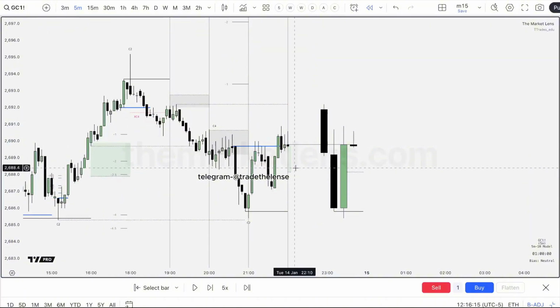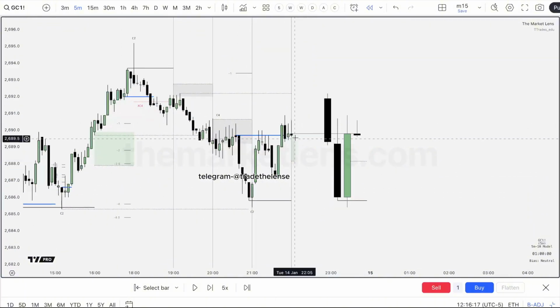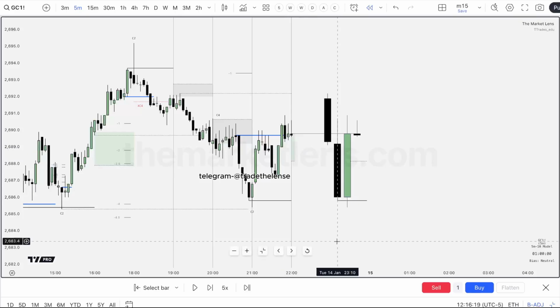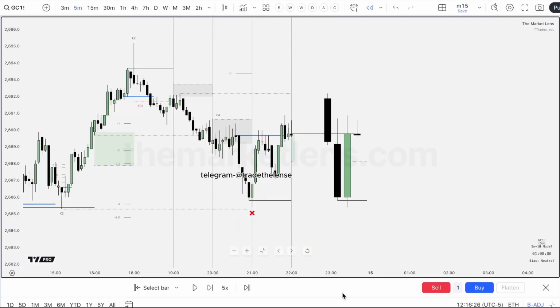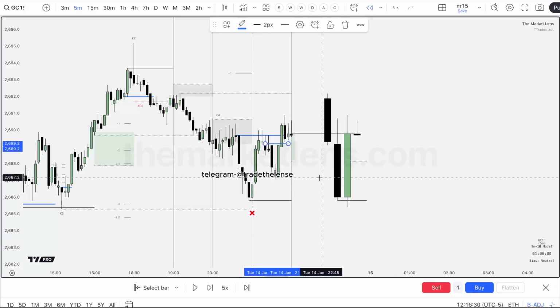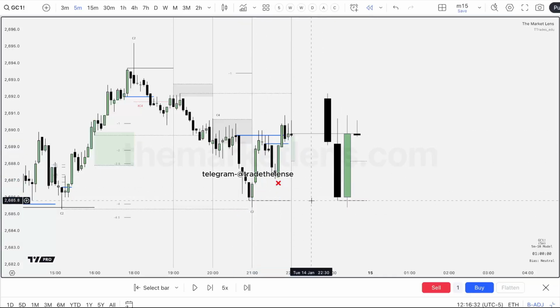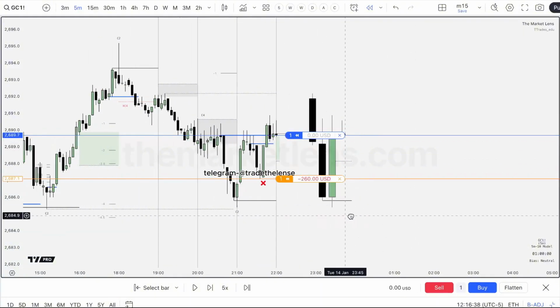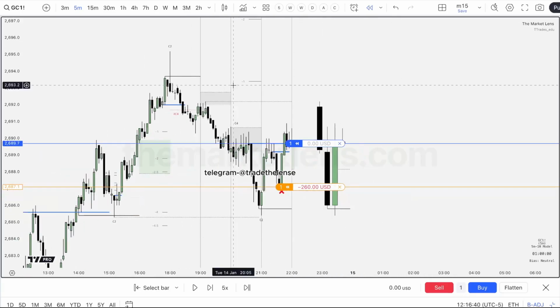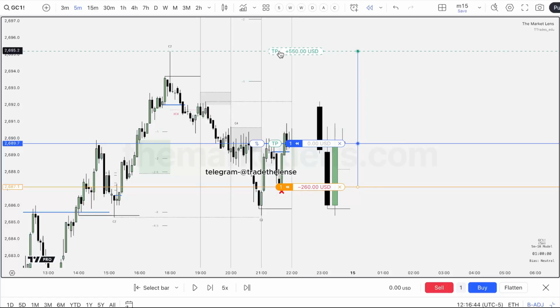And the same thing with this. I could look for an entry to form in here or an intra-candle change in the state of delivery. Once again, where would my invalidation be? Well, can always be on that low. Can I refine it? Well, we also rushed into a fair value gap here, closed over those. Right, so once again, kind of the same thing. So if I wanted to buy that, let's say, I'd have my stop on that low. And then if I wanted to partial, I could partial at this high, which would be right around 2R there,